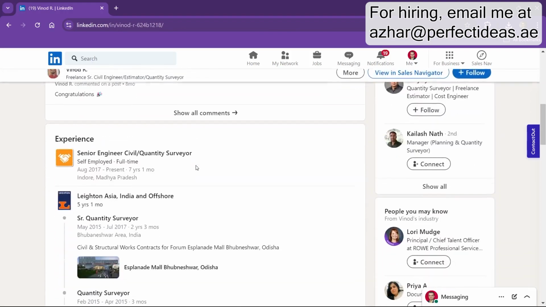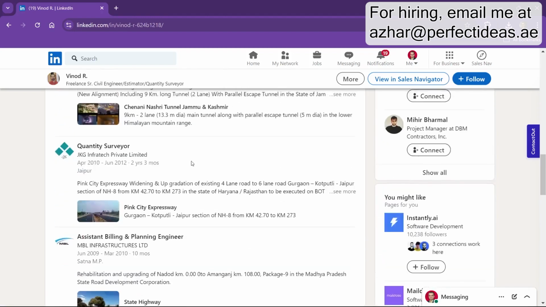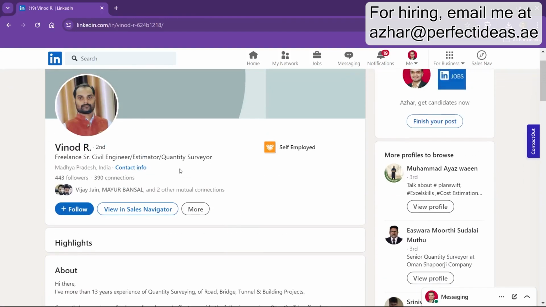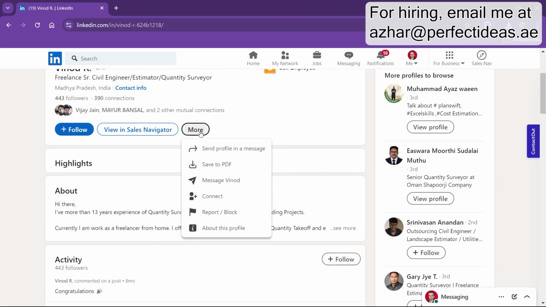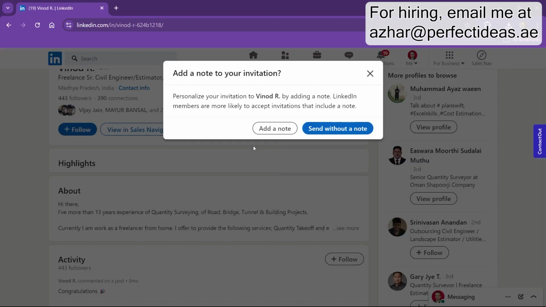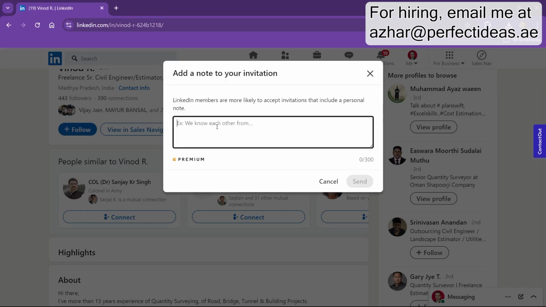Then I can read their profile. If I think this candidate is matching with the job description which I have, then I click on more, then I will click on connect. And then I will add a note before sending them an invitation to connect. I will write, hi Vinod,